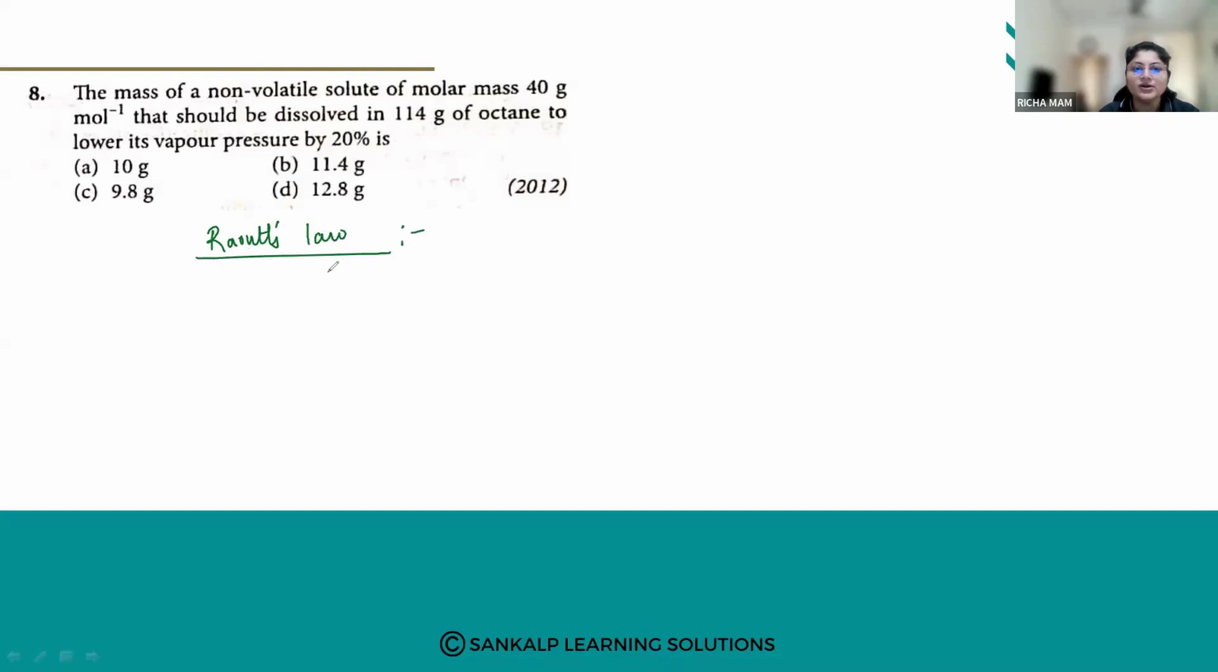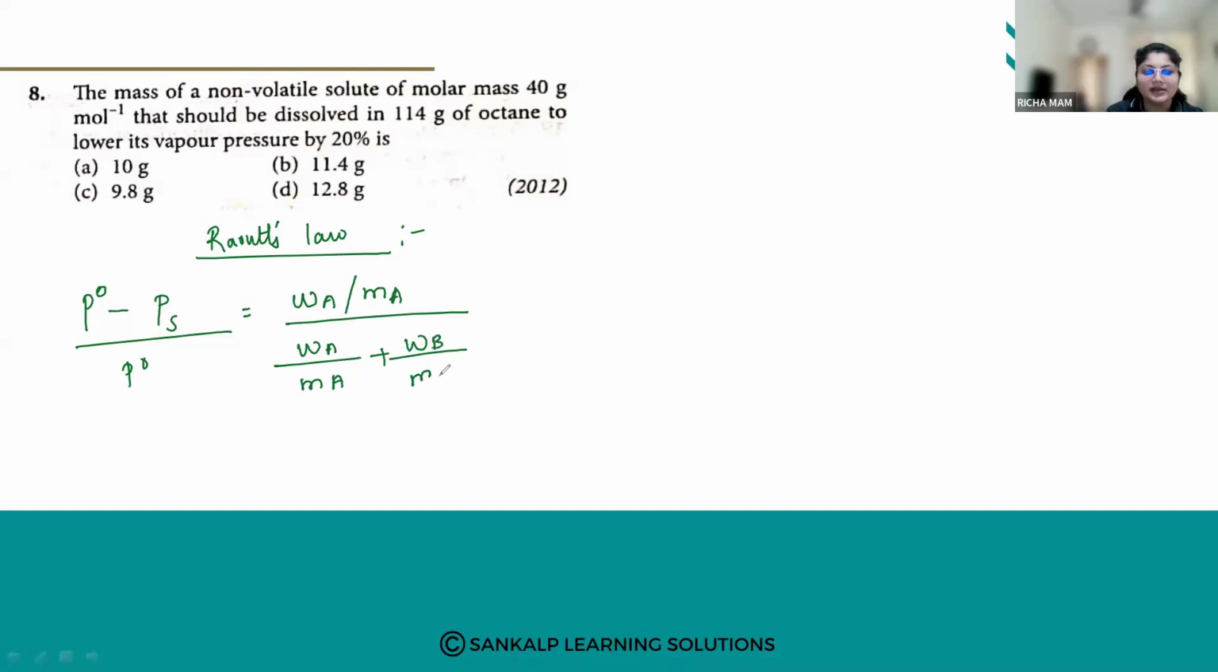Now, according to Raoult's law, we have a formula. So the mass of a non-volatile solute of a molar mass 40 grams per mole, okay, so here this is given. Then it should be dissolved in 114 grams of octane to lower its vapor pressure by 20%. Now, according to Raoult's law, the formula is P naught minus P S upon P naught. So this formula we are going to use. So weight of A upon the molecular weight of A divided by molecular weight of A plus